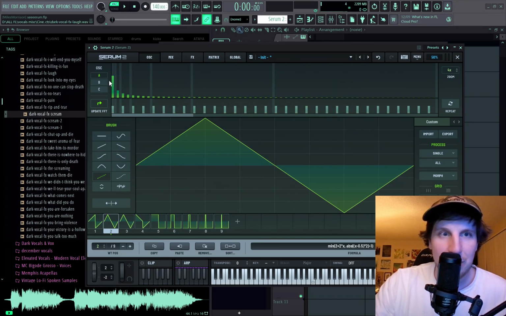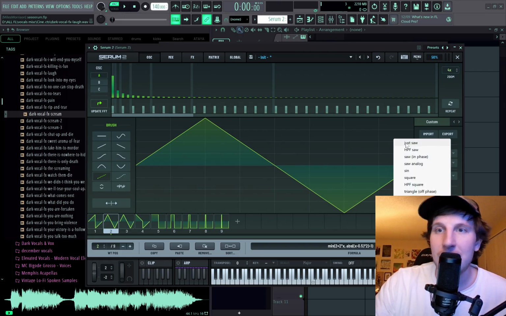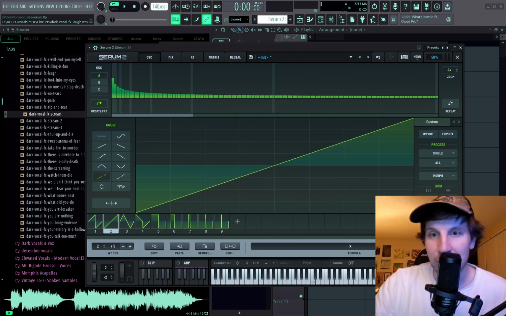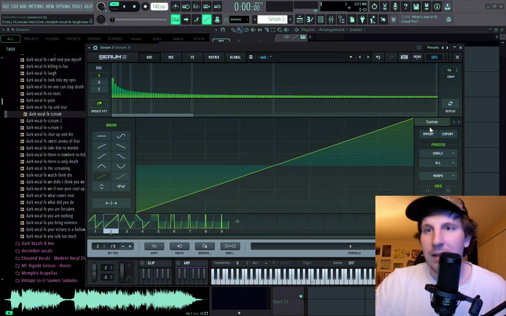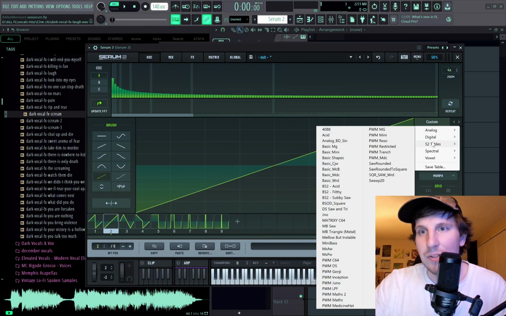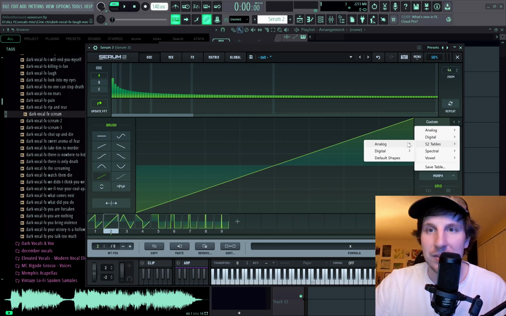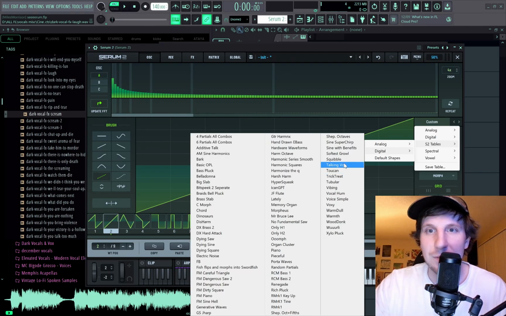So this is a triangle wave, it's every odd harmonic. If I were to go to a saw wave, it's every single harmonic, but the formula for it is just X, literally 1-to-1 ratio going up. A square wave would be every even harmonic. If we go into here, we can go to different wave tables. So if I go to this one,